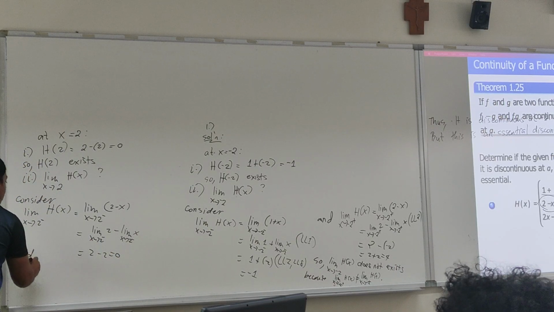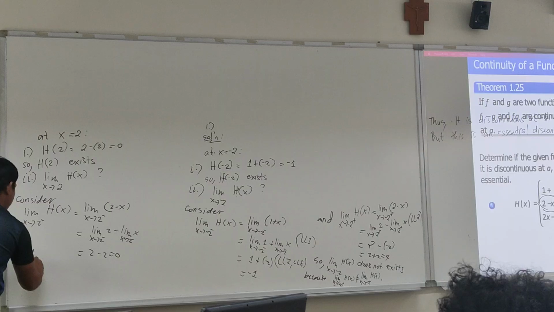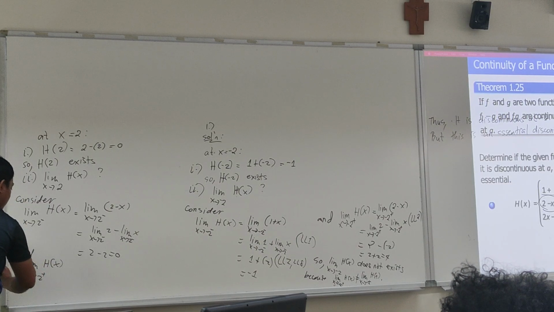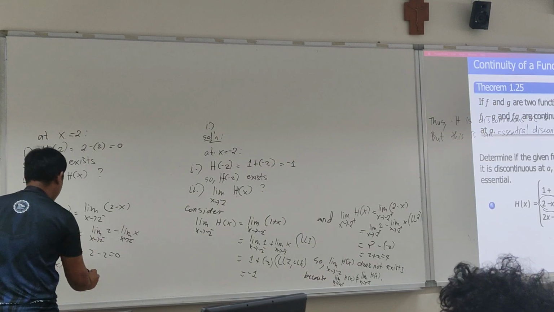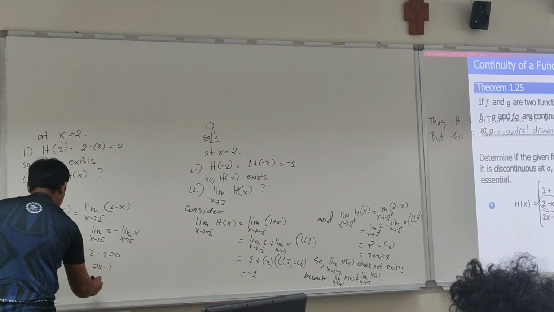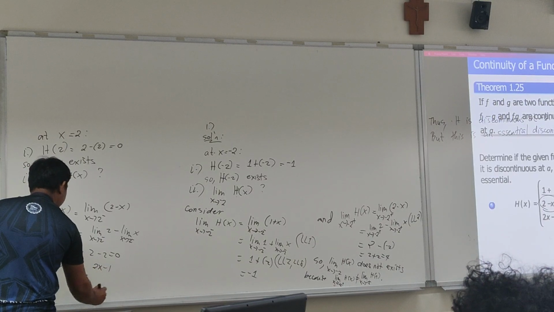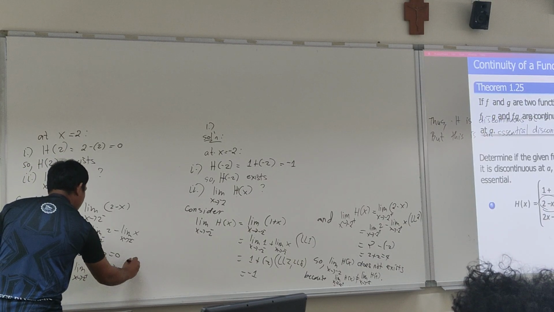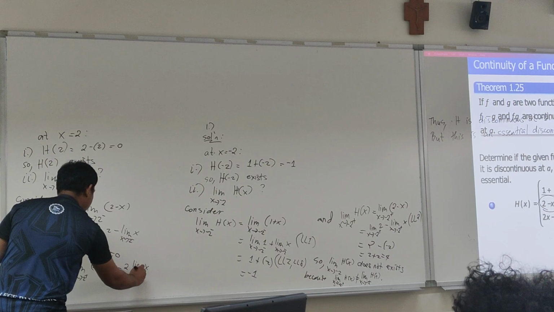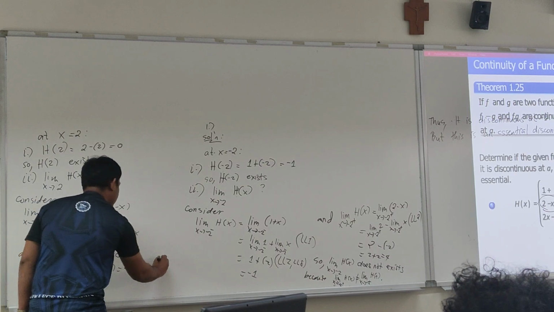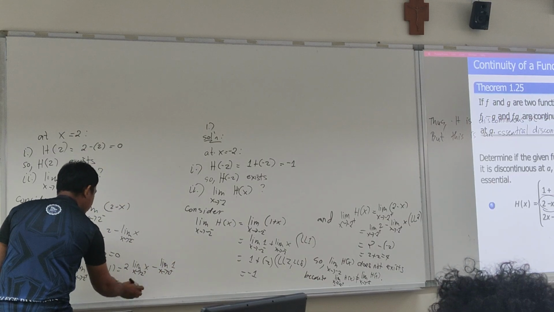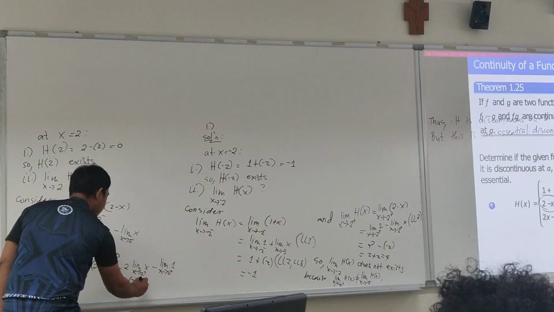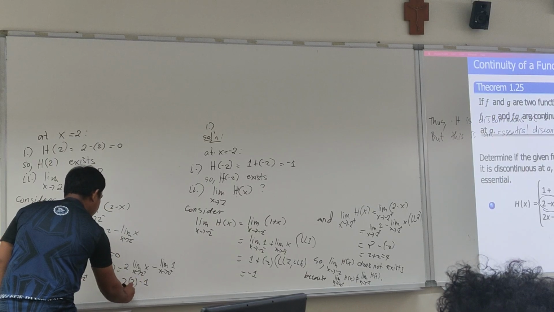And what is the limit of your function from the right? The limit of h of x as x approaches 2 from the right is equal to the limit of, so you need to use 2x minus 1, no? 2x minus 1 as x approaches 2 from the right. So this is just 2 times the limit of x as x approaches 2 from the right, minus the limit of 1 as x approaches 2 from the right. So this is just what? 2 times 2 minus 1, and you will get 4 minus 1.